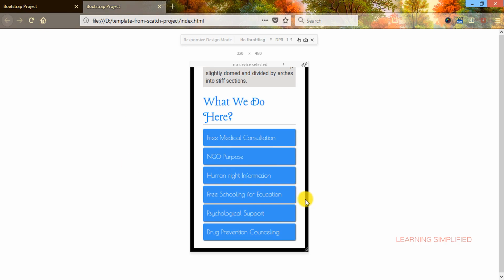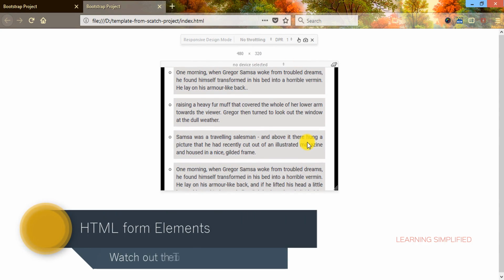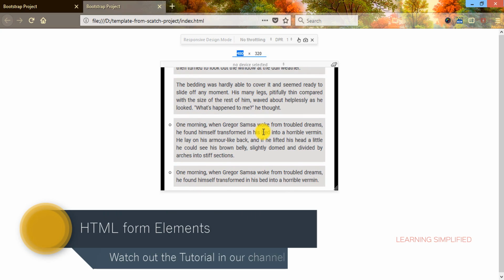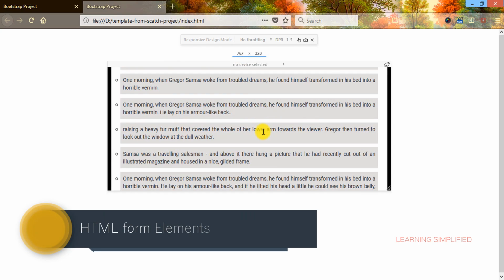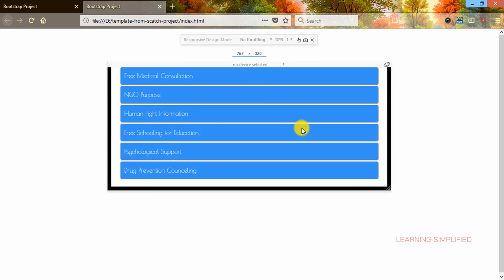So now let's reload, and we can see that the background is now gone and it is all in white color. So if we view this normal preview up to this 767 pixels, we can see that everything is now appearing in this order. There's absolutely no problem with it.